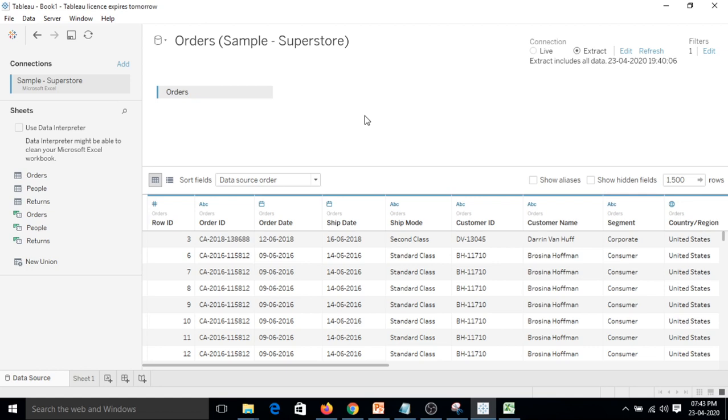Because if the visualization gets more complex day by day, or if the data gets so huge, it can take a little time to process in real time as well. So it's a very good approach if you can filter down some data before going to the sheets to create the visualization. So that's all for this video.